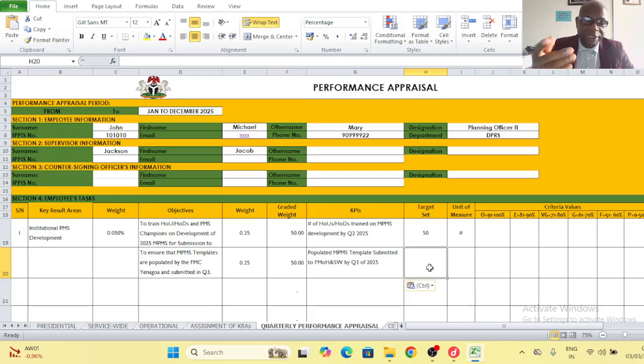If that was how you set your own, because every department has a way of setting their own. Remember, when we were training, we said your target can either be in percentage, in number, or in qualitative expression. So the unit of measurement here now is just to replace the word yes. So now I have picked the KRA that I want to assign to this staff. I'll pick the corresponding weight. I'll pick the objective speaking to it, and other details I've picked them. So I still want to assign more duty to this staff under another